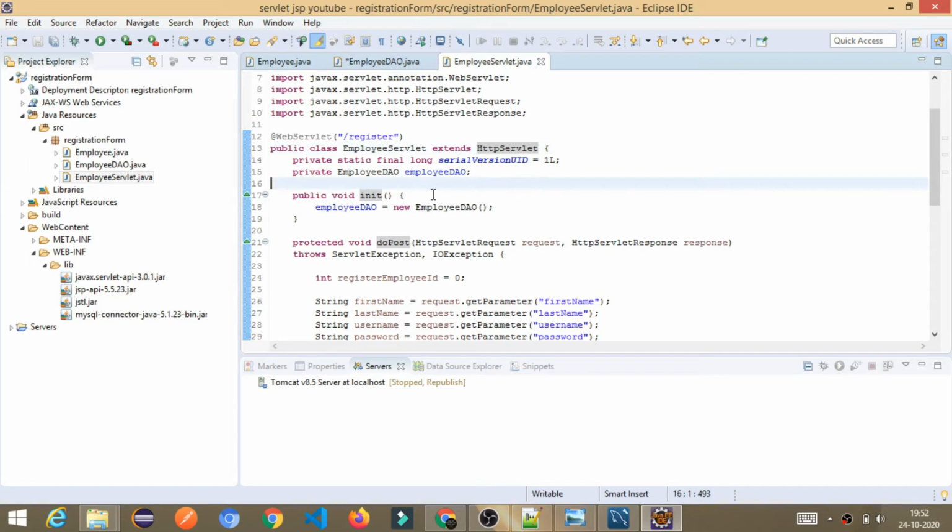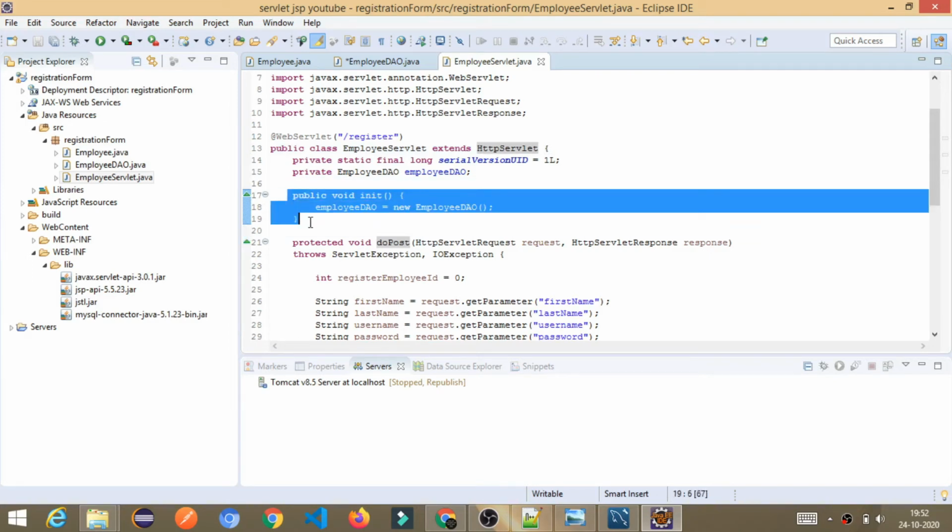The very first thing here is the init method. This is used for initializing. This is the starting point of the servlet lifecycle.